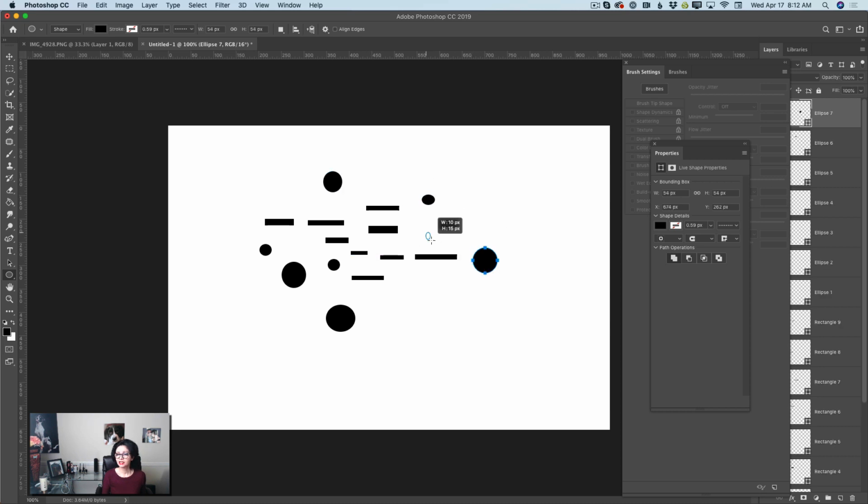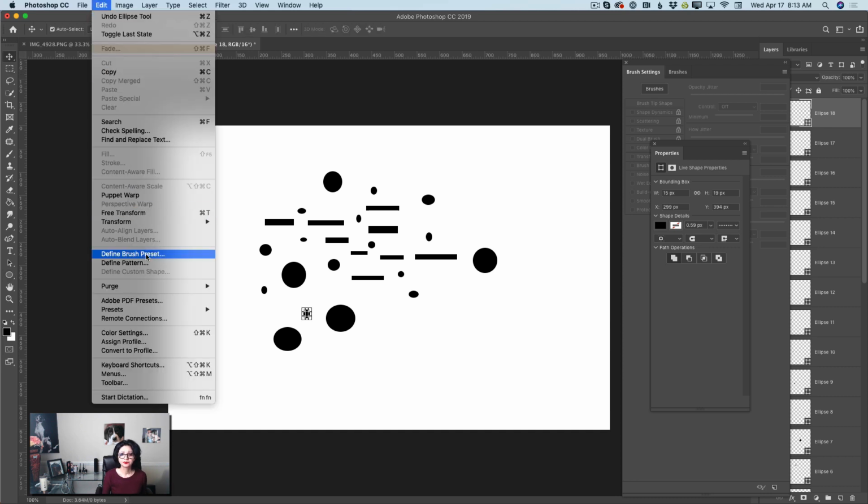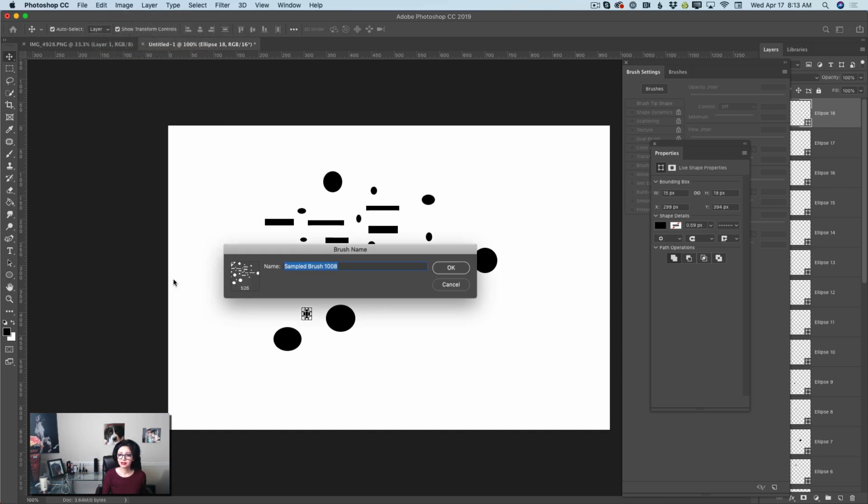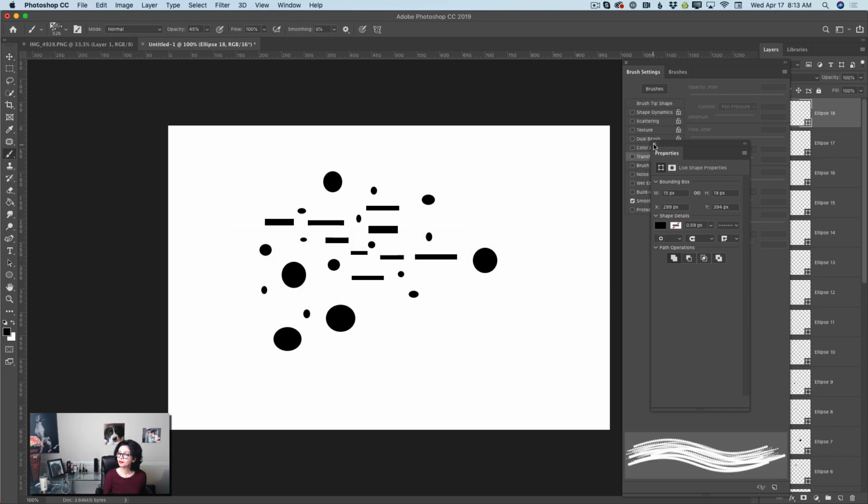Just like that, guys. Nothing is too complicated. Take it easy and create any brush you like. Just like this. Now what I will do, I will go to edit, define brush preset, just like that. I will rename my brush to tutorial live, and I will click OK, and voila,